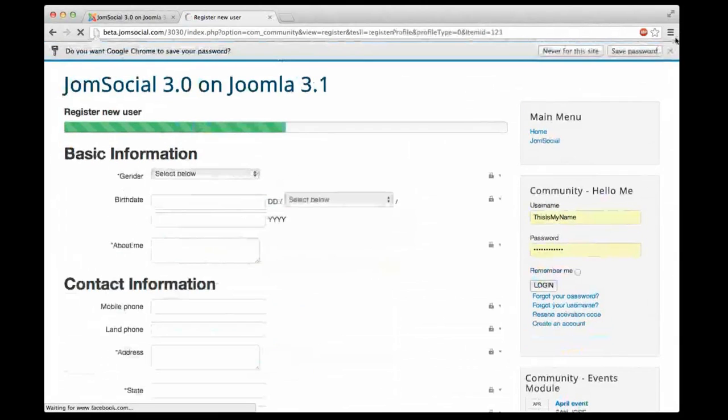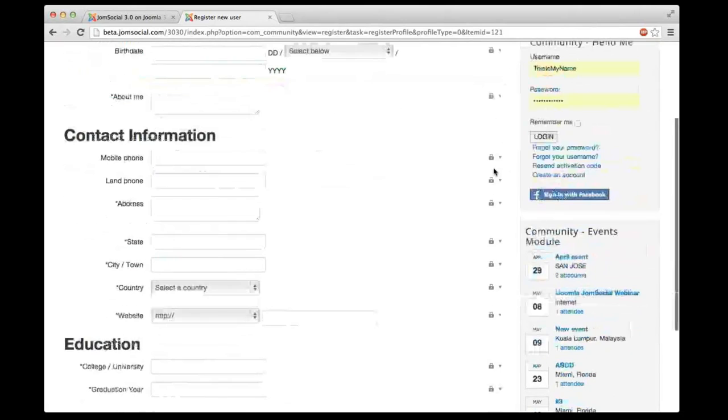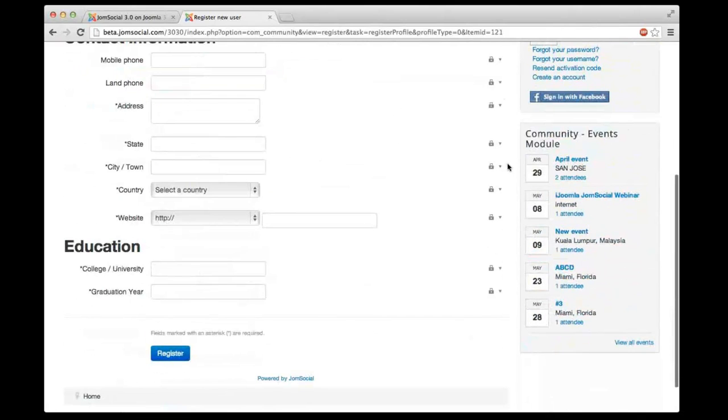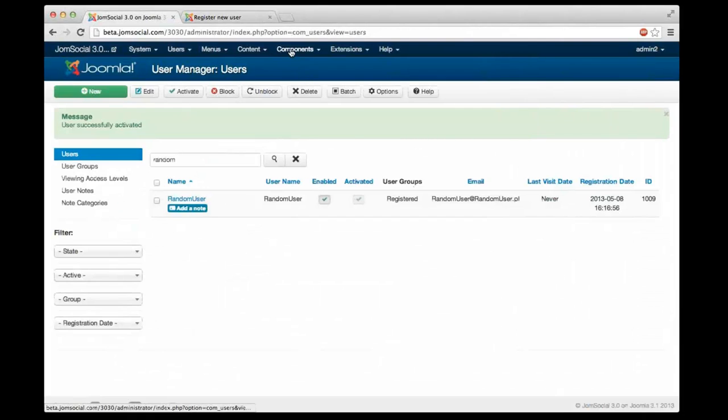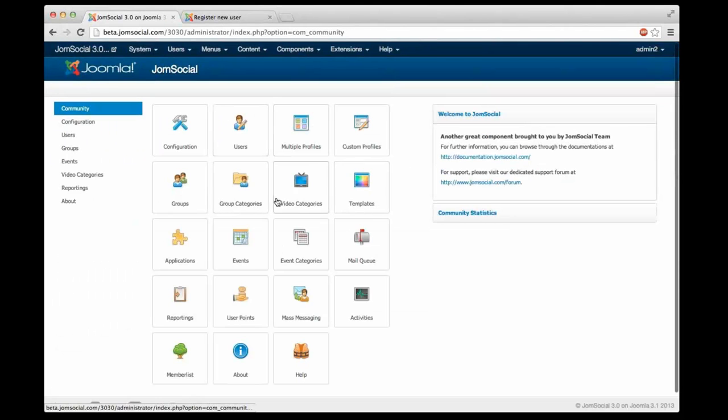Okay, it's loading. Okay, let's say that, again, I want to go back to the kayaking idea. I want to add another field, let's say in contact information, the region of the kayaking, right? So I go to the backend, I navigate to JomSocial. I go to